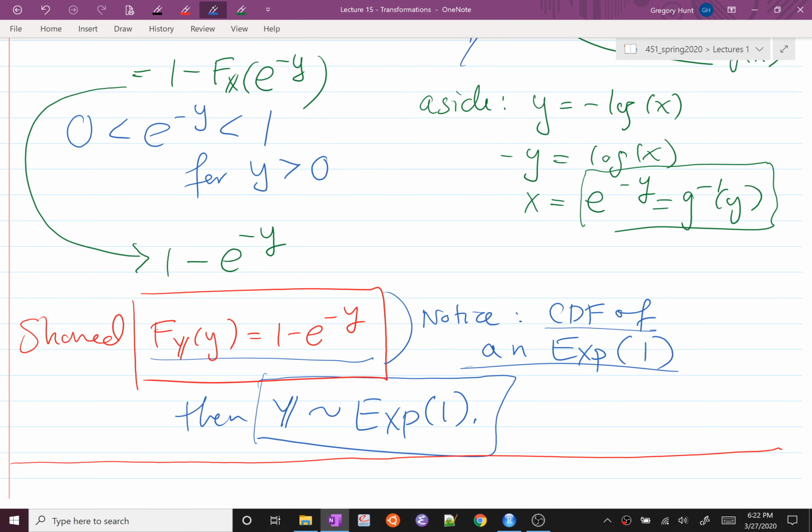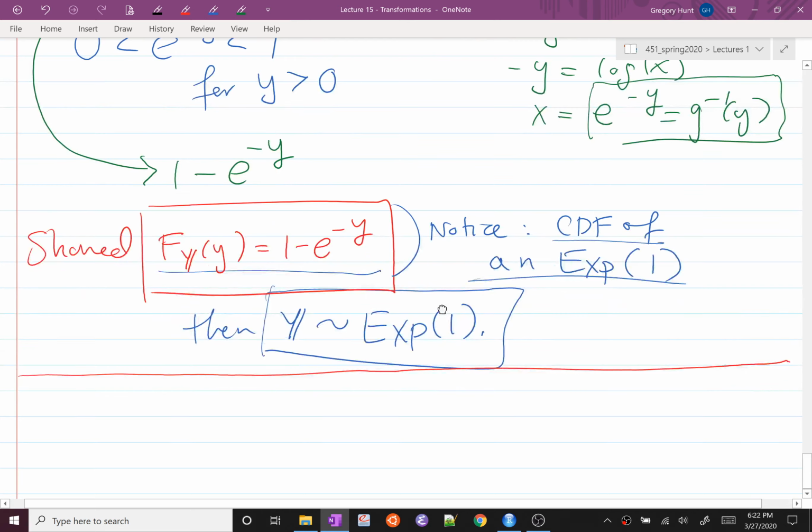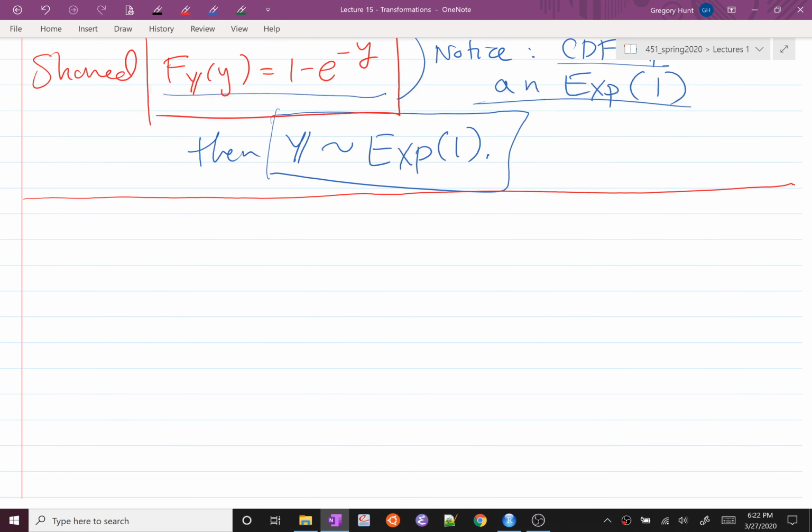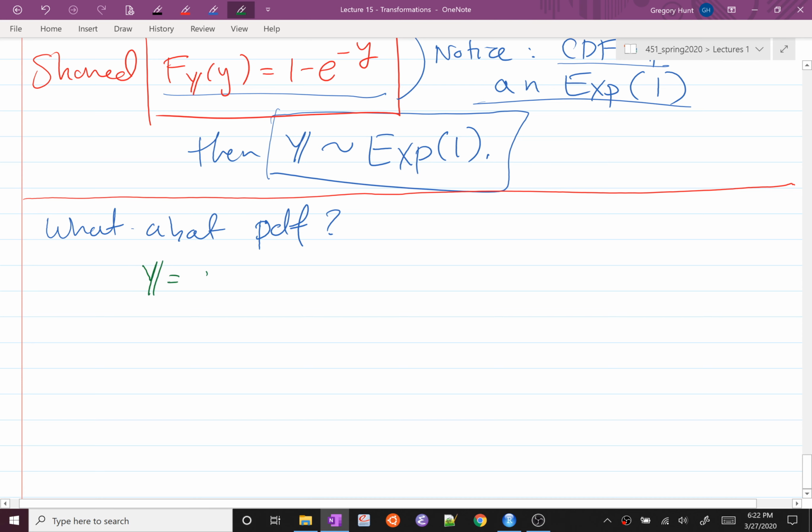And in the discrete case, we were able to get a formula for the PMF. And so let's say, what about now in the continuous case, the PDF? If I have a continuous random variable, and I know its PDF, and I look at some function of that random variable, can I get the PDF of that function? So here's the setup for the theorem. Y is g of x,